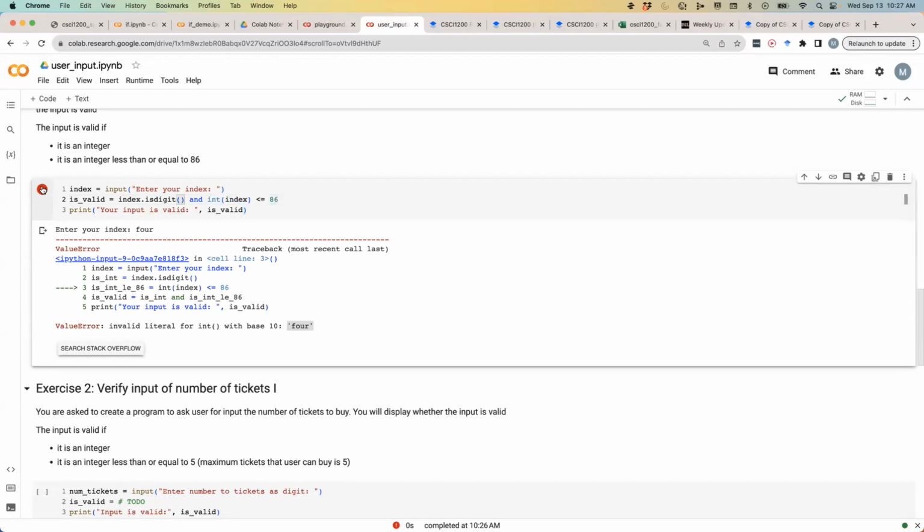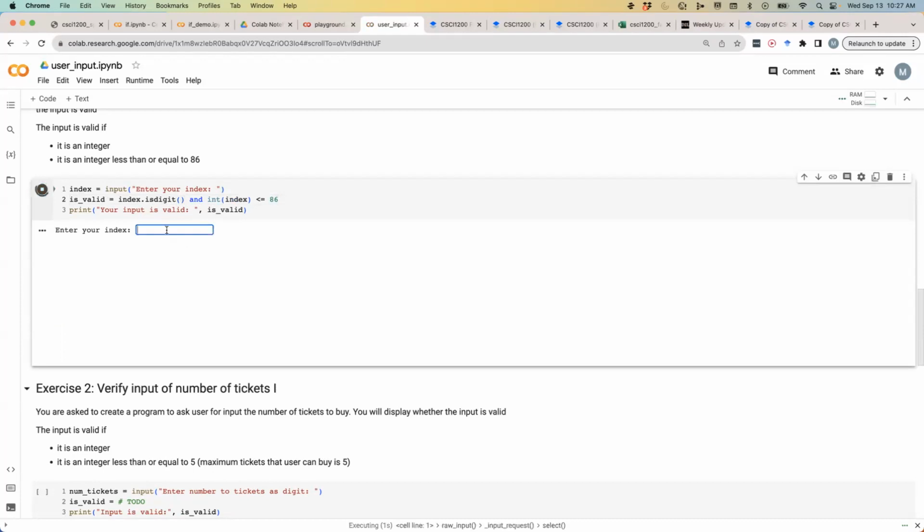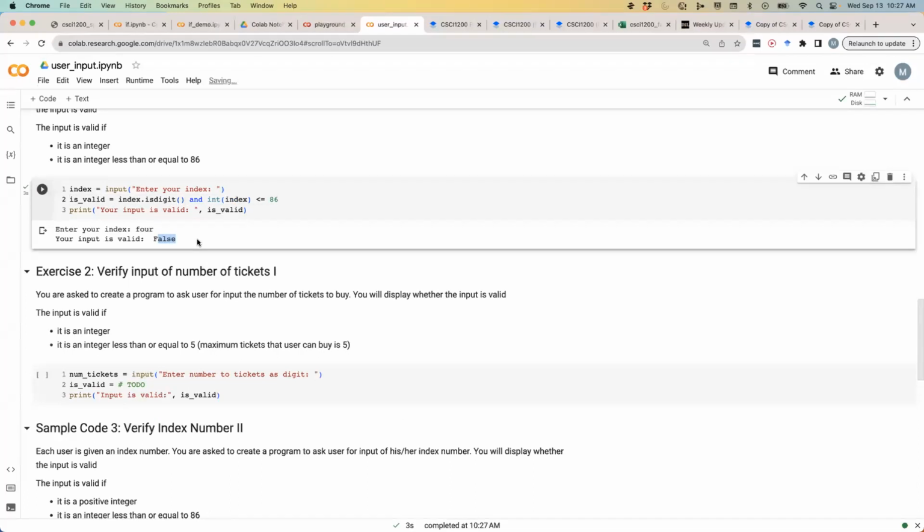Okay, so let's try it again. Let's try, say, 4. It will give me false immediately. There is no issue because when using the AND operator, when the first is false, it will immediately return false. But in the earlier version, I first checked whether this is true or false, and then for the second variable I did a typecasting, even though the index might not be